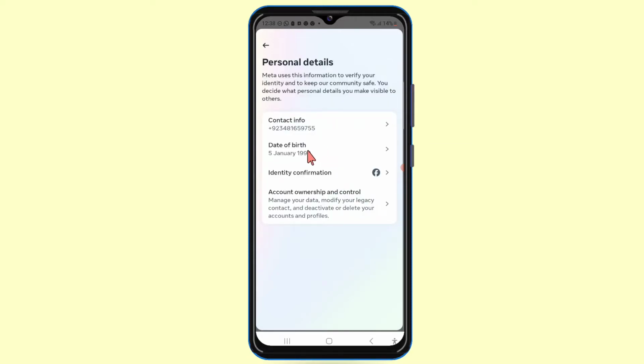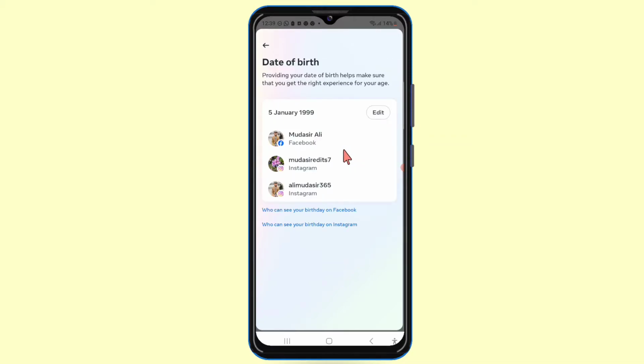and here you can see your date of birth. So click on it and here it will show all the accounts you have logged in. So you have to select the account in which you want to change the date of birth. For example, I have the same date of birth in all accounts, so I click on Edit